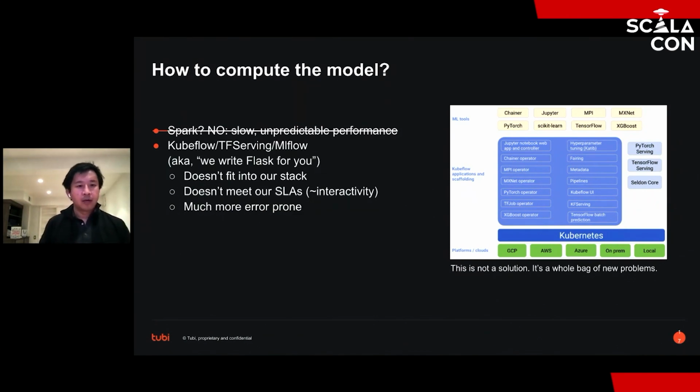And obviously, it's also much more error prone because of the dynamically typed nature of Python. Moreover, in our experience, these all-in-one frameworks tend to be overly complicated. And really, we only need like 1 or 2 components. So we prefer to find specialized projects that do each component well.